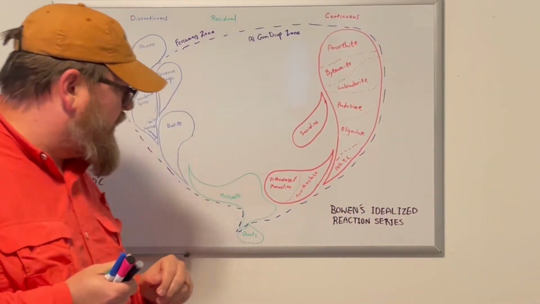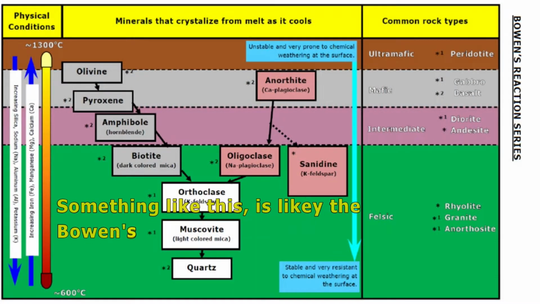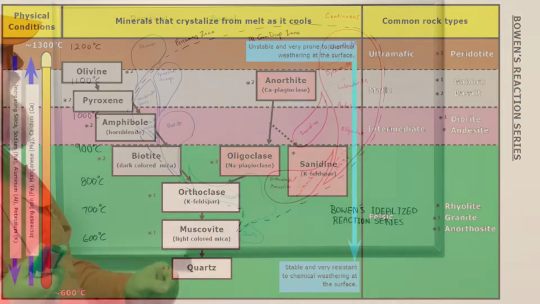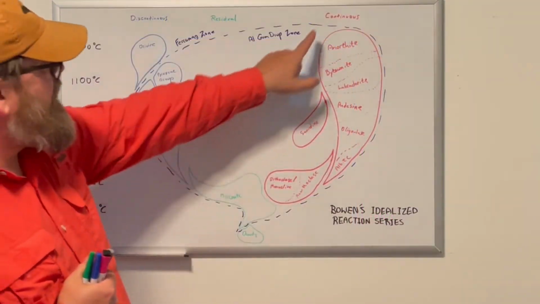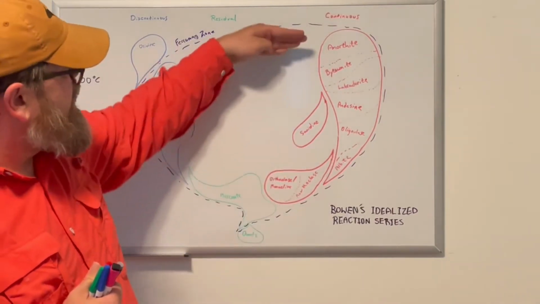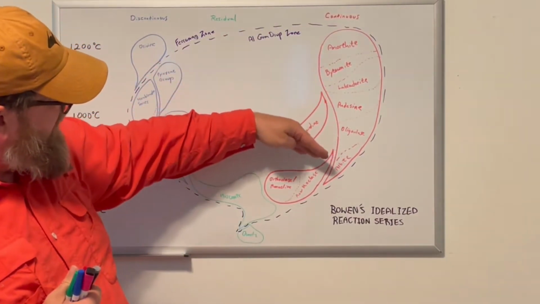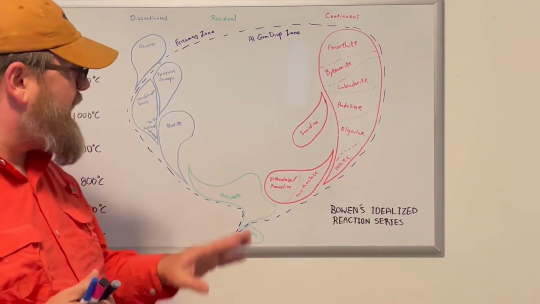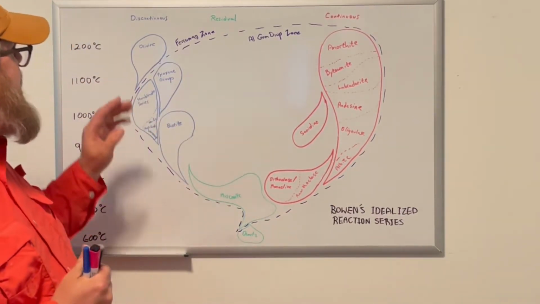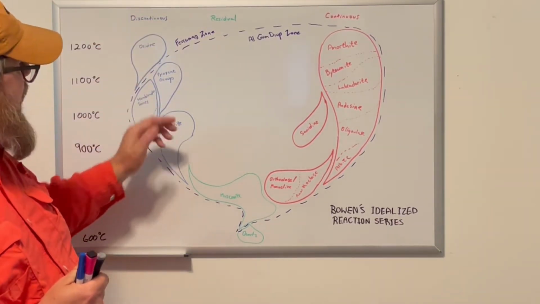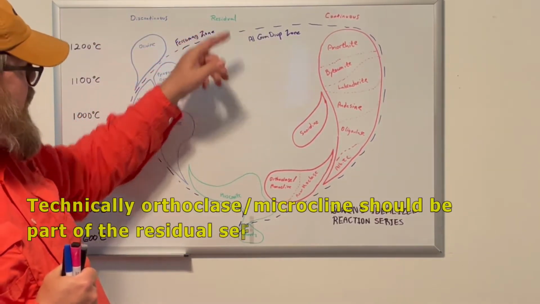Let's get oriented real quick. For those of you that don't know, or are vaguely familiar, you usually see a Y diagram with a couple minerals and that's it. But from my last GeoRant, here we have the continuous series. That's basically what I took you through: your plagioclase becoming K-spar. We'll get a little more into that in a minute because there's some confusion there. Here you have your discontinuous series in blue, and here you have your residual, which is